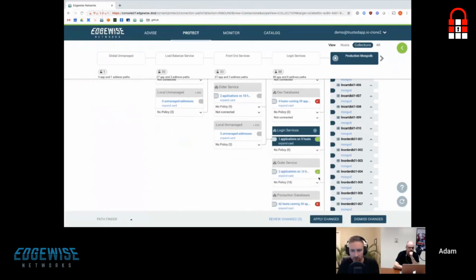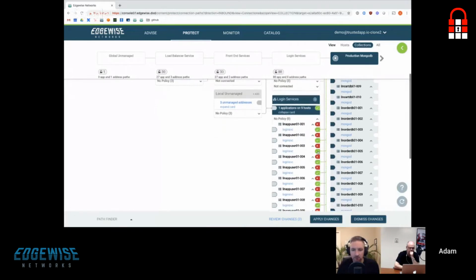And what I'm doing here is applying policies at the segment level. It's important to note that the policies I set at the segment level are going to be inherited by everything inside of that segment. So when I say the login services here are allowed to talk to the databases, I'm not saying these hosts are allowed to talk to the database. If we expand this a little bit and look at what the details are, I'm saying this individual login service is allowed to talk to the databases. And the way that we do that is by applying the policy, once again, not to the IP, port, and protocol, but to the actual identity of the software, as we see here.